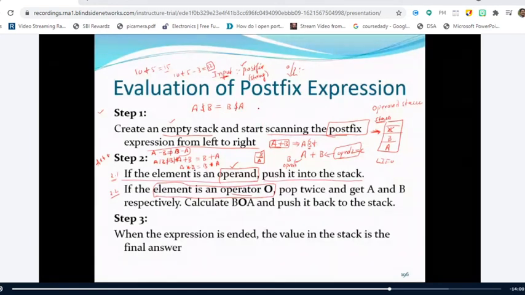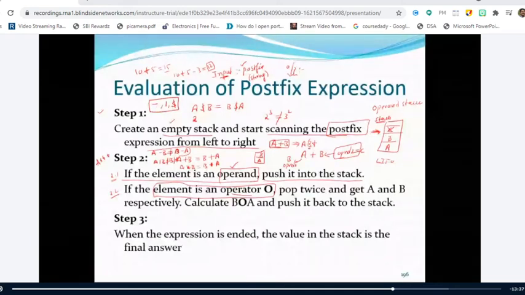Take the value of A as 2 and B as 3. So 2 power 3 is equal to 3 power 2. Is it right or wrong? It is not satisfied, right? So the minus, division and exponentiation operators do not satisfy the commutative property. Therefore, you should be very careful while using these operators.